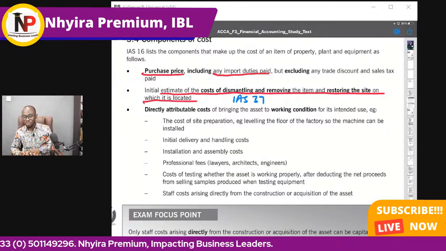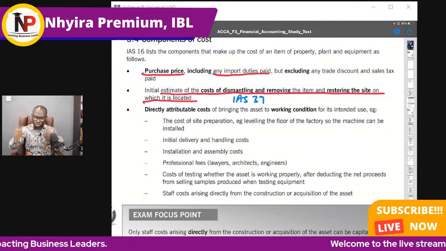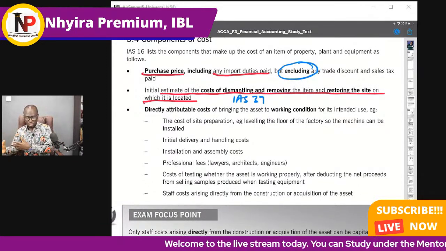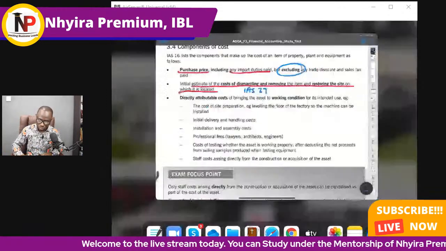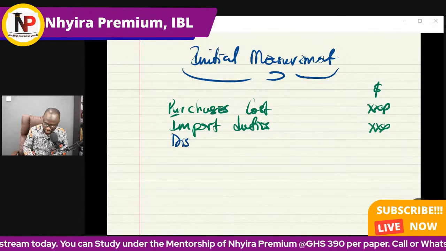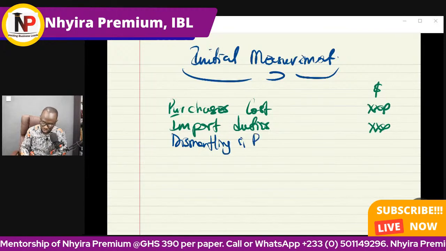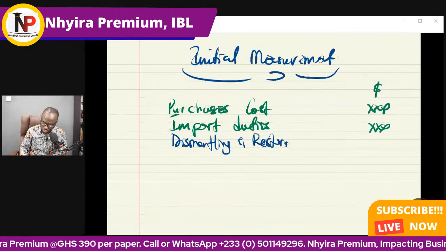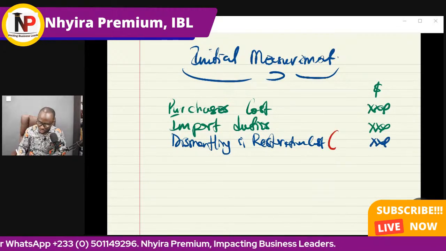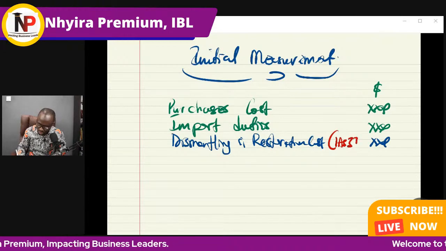Provisions, contingent liabilities, and contingent assets. So the purchase cost, import duties, please know that any discount we receive has to be excluded, okay? Has to be excluded. So the cost of dismantling and removing, dismantling and restoration cost will come in. Like I said, this is going to be in accordance with IAS 37, provisions, contingent liability, contingent